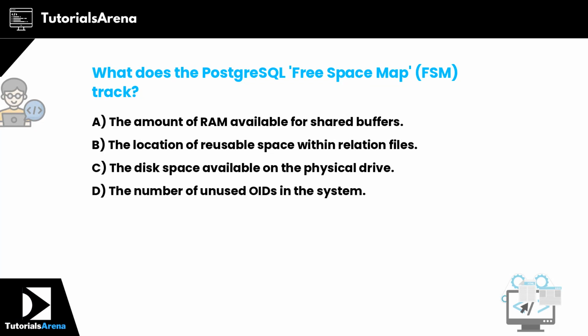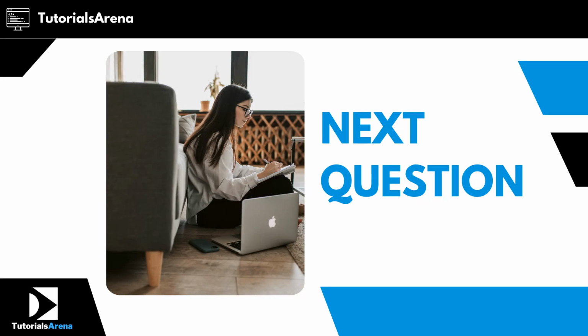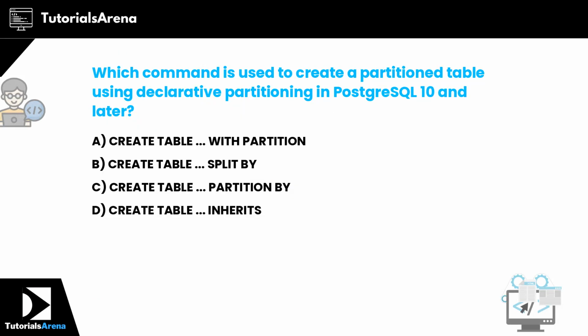What does the PostgreSQL free space map, FSM, track? The correct answer is option B, the location of reusable space within relation files. Which command is used to create a partition table using declarative partitioning in PostgreSQL 10 and later? The correct answer is option C, CREATE TABLE